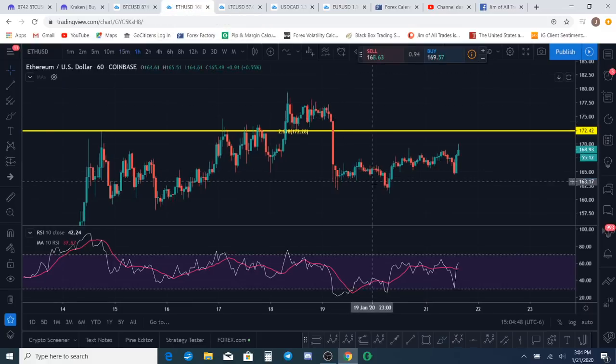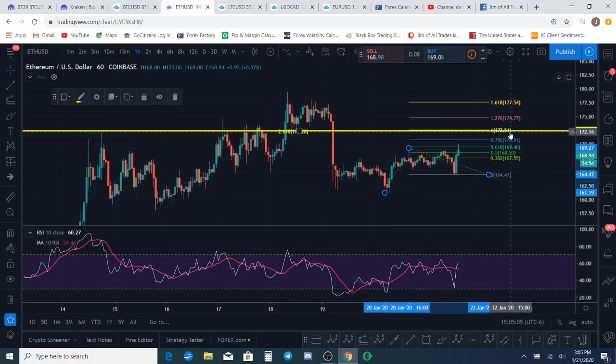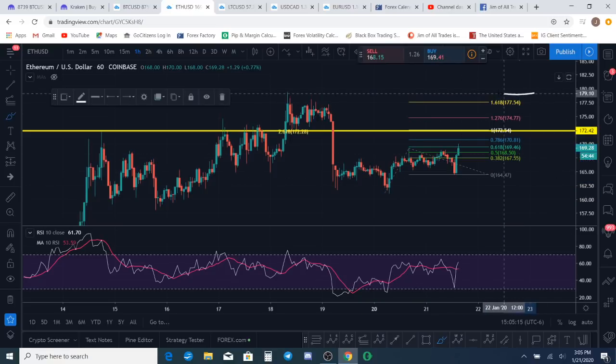This is much the same, except this made a lower low, so this could be the fifth wave that's in. 1, 2, 3, 4, 5 could be complete, possibly, or yeah, that's a possibility. Now, if that's the case, it's a little cleaner here in Ethereum. Looks like we got 172.54, 174.77, and 177.54. So those would be the targets that I would be watching for here on this correction to come back up, a retesting of this region right here. 172, 174, 177 in that ballpark there.